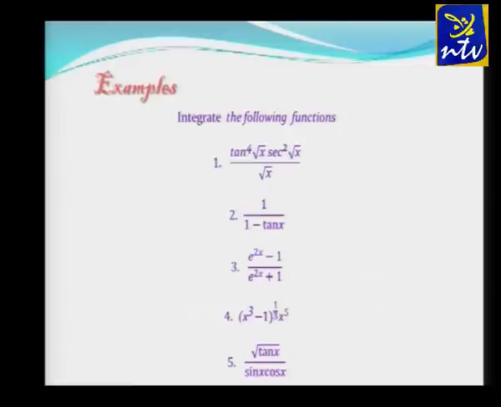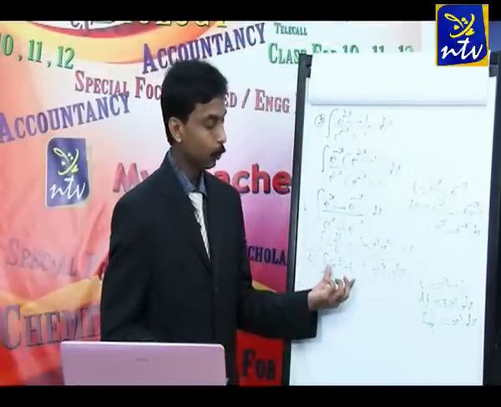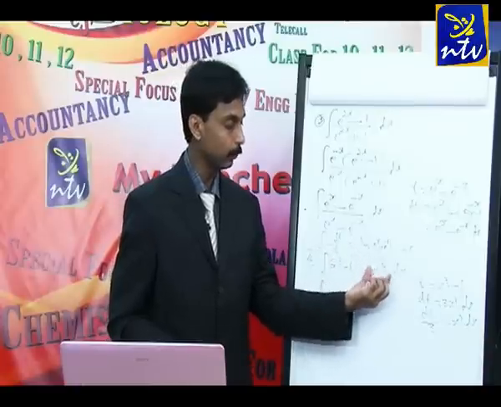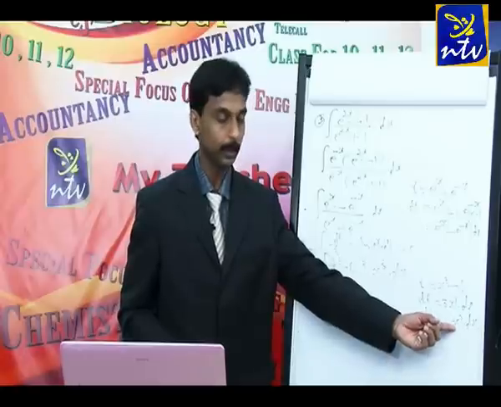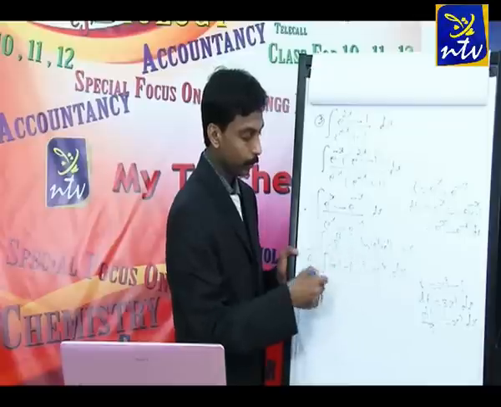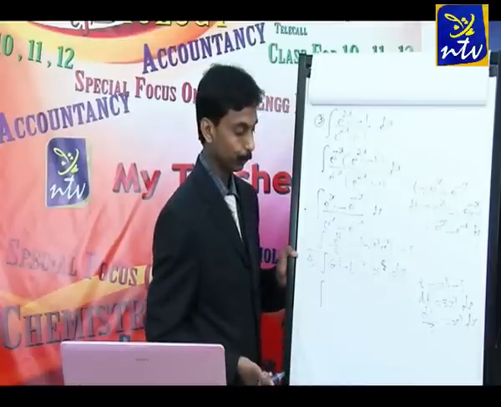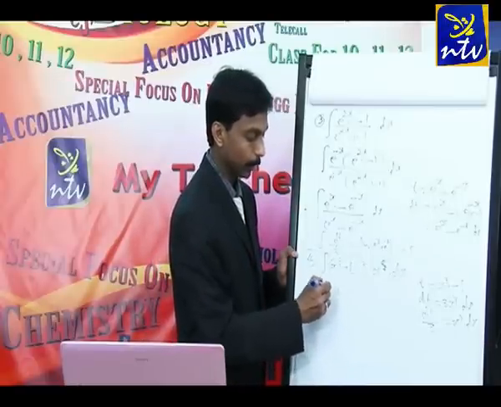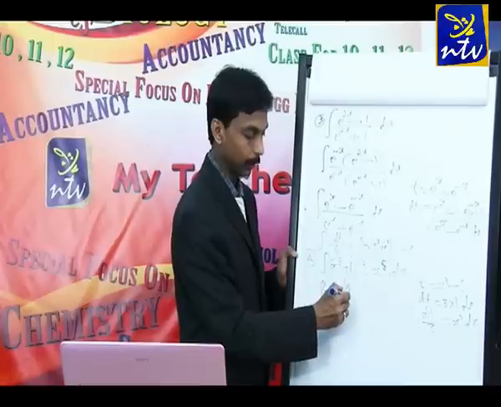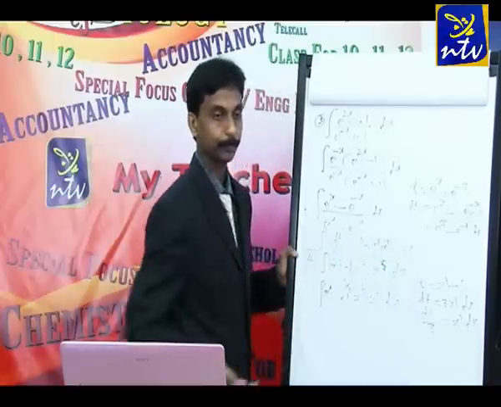Now, this 3 is not required there, so we will bring it down: dt divided by 3 is x square dx. In the integral, x cube minus 1 whole raised to 1 by 3 times x raised to 5 into dx, the differentiated answer is x square dx only, but here we have x raised to 5 dx. So we can split this as x raised to 3 into x raised to 2. If you write it properly, it is (x cube minus 1) whole raised to 1 by 3 into x cube into x raised to 2 dx.